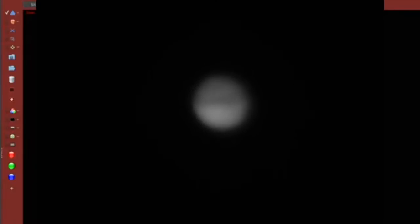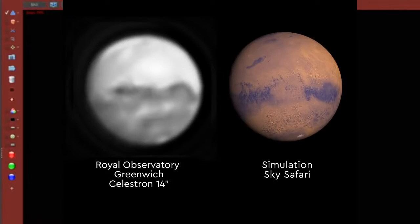cap. So if we have a look at a virtual simulation of Mars here, you can see in the bottom right there that there is a tiny little ice cap, and that's a southern ice cap. Because we're in late summer for the southern hemisphere, that ice cap has shrunk so it appears much smaller than in the winter months. And the image on the left here you can see is an image that we took